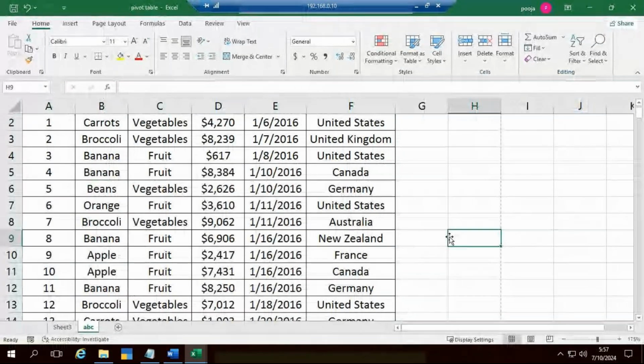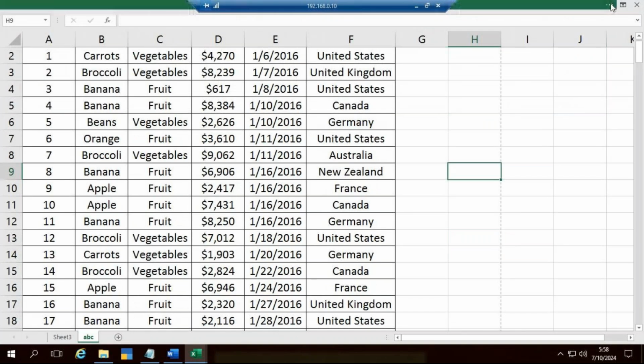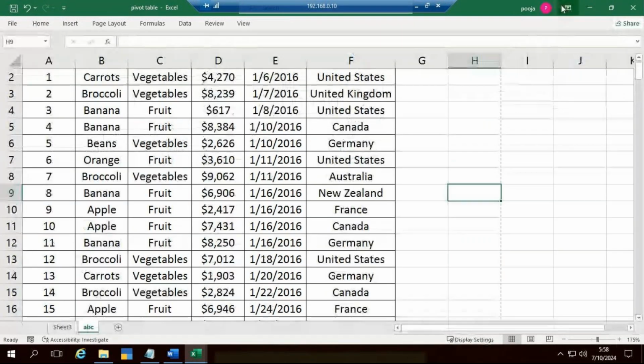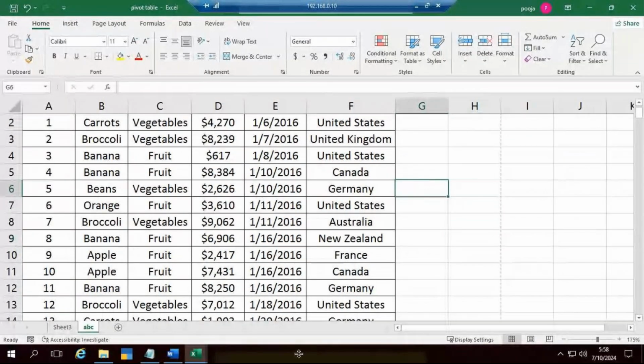No, ma'am. Okay, fine. So of course, we call this the ribbon display option. Sometimes you can hide your ribbon. You can click on this option, show tabs. It will display only tabs. Click on this, show tabs and commands. Okay. Now,